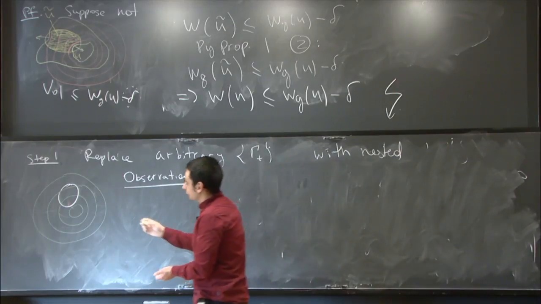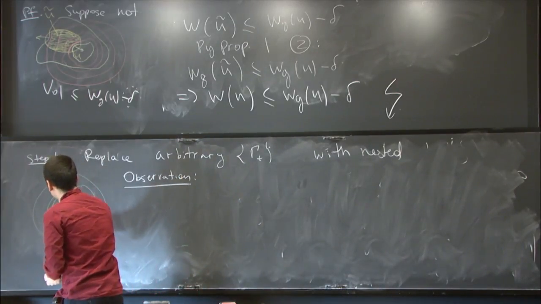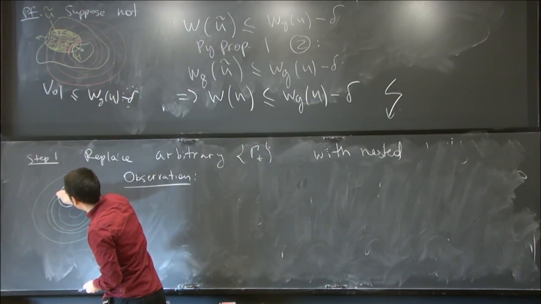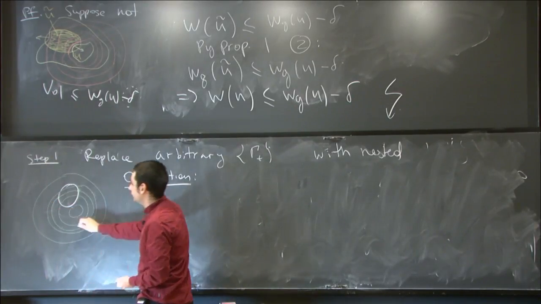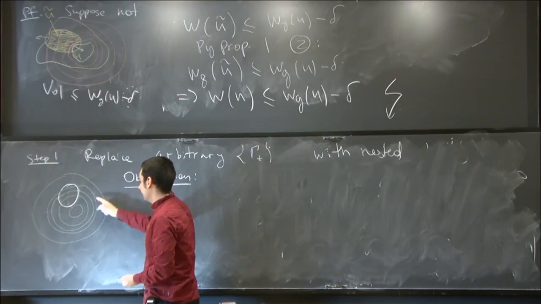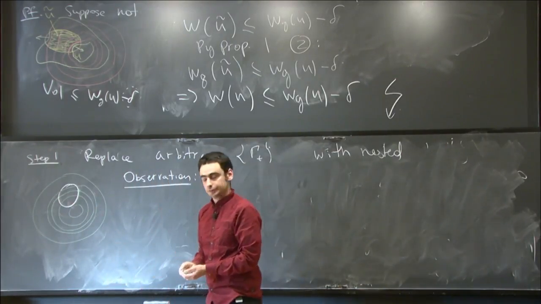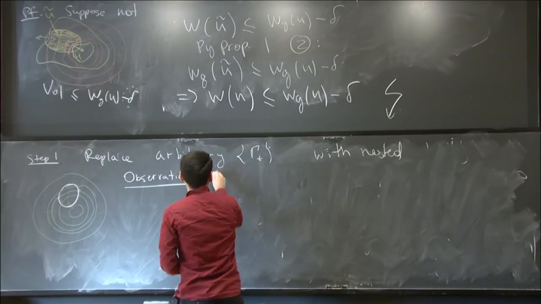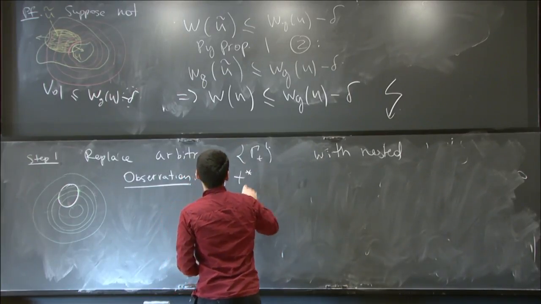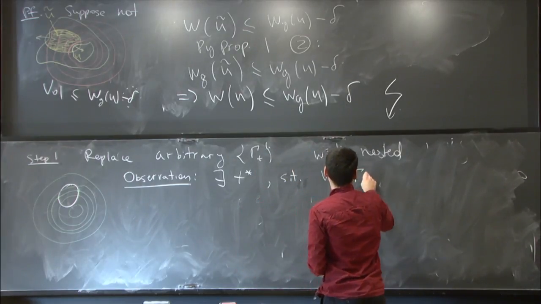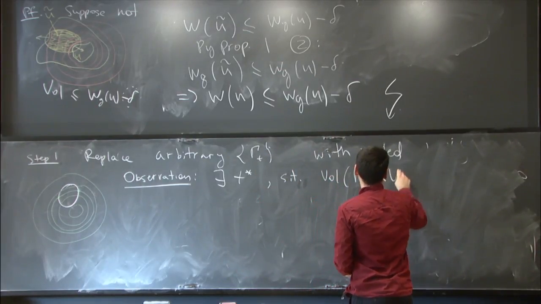For some gamma t in this family, we have to have that the part that sits outside of region U will be small compared to the boundary of U. So there exists some t star such that the volume of gamma t star take away U